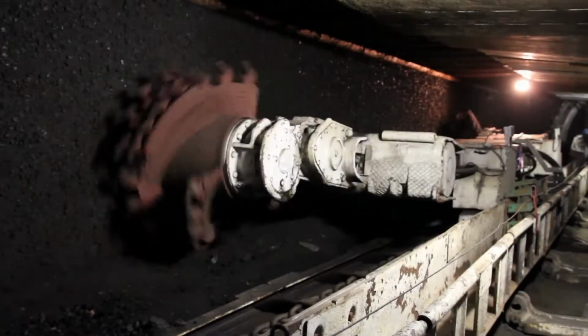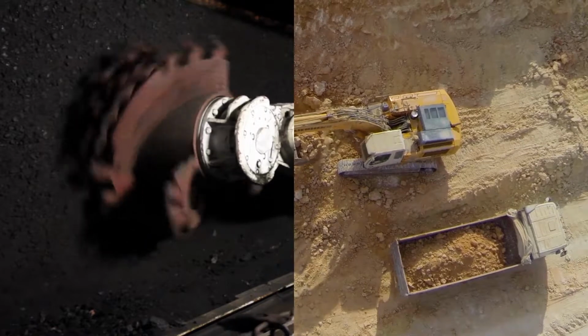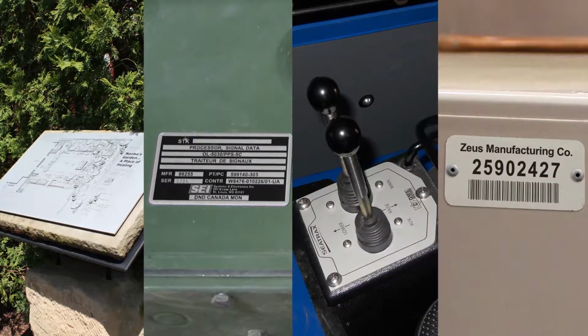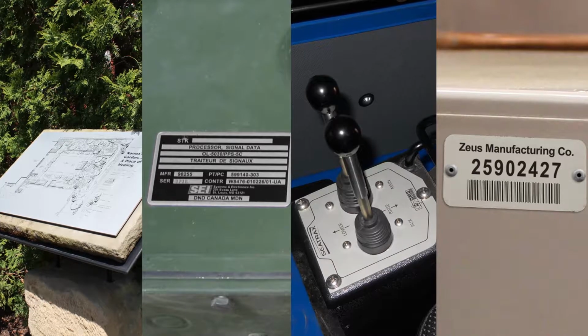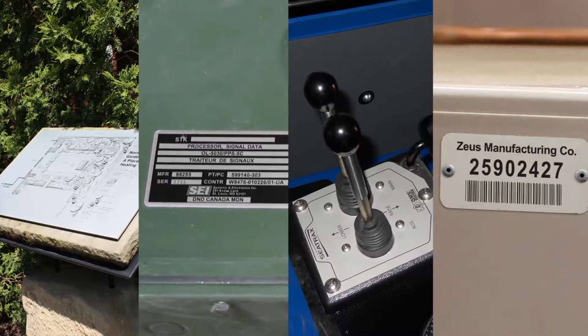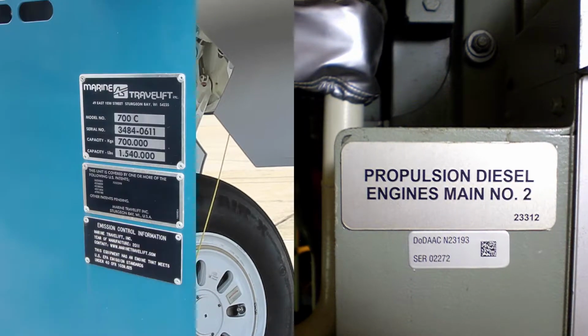Metal photo is used when permanent identification of a product, process, or asset is critical. That is, when a nameplate, label, sign, or machine control panel must last the life of the part to which it is affixed. Applications where metal photo is commonly specified include aircraft labels, military and commercial ship placards, off-highway equipment